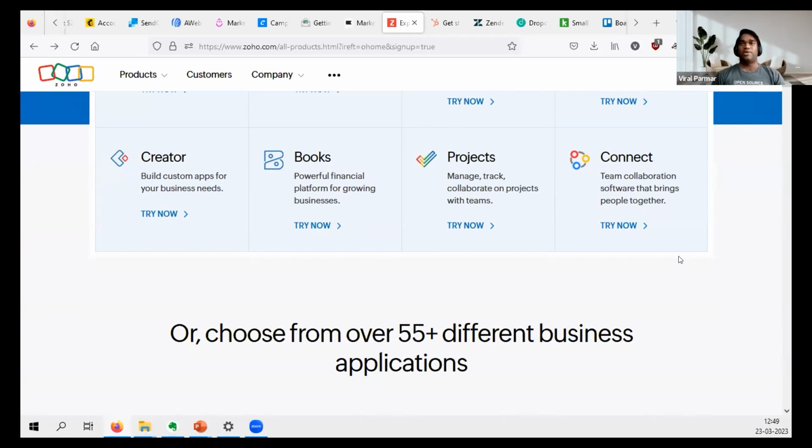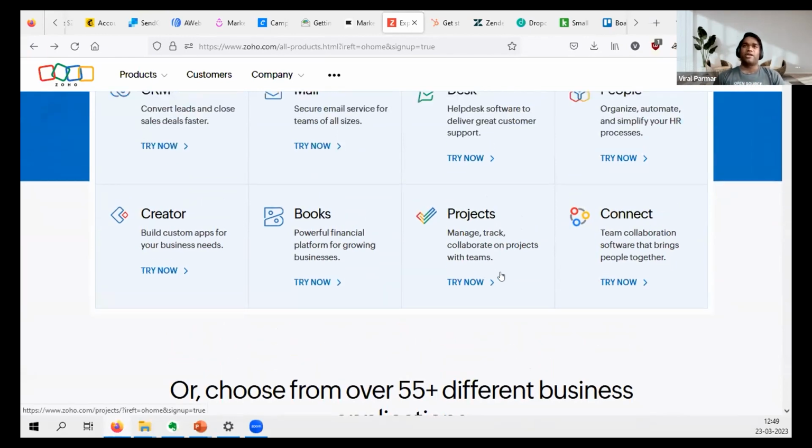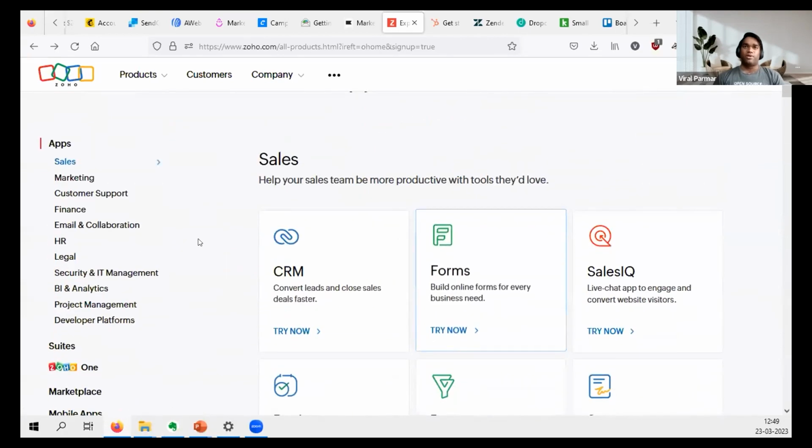Zoho, for startups, is giving credit of around, I think, 50,000 rupees. I'm not sure, but please go and verify. Also, Zoho is associated with a lot of startup ecosystem, sorry, incubation and startup ecosystem. So you guys can also take benefit from, let's say, an incubation center that might be associated with Zoho. They are giving a good amount of credit for using Zoho services, and also directly as well. So you can check for that too.